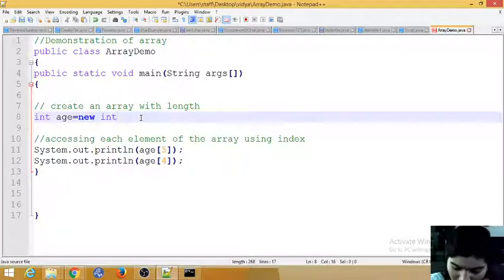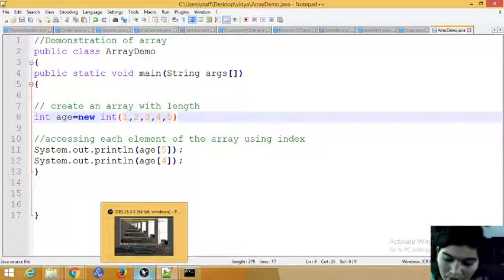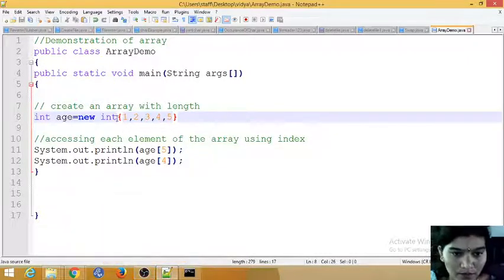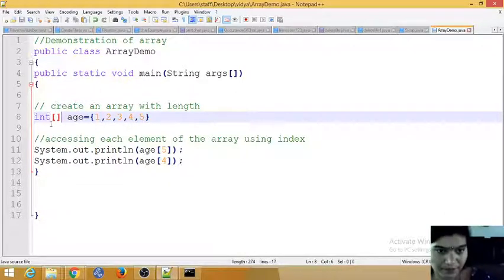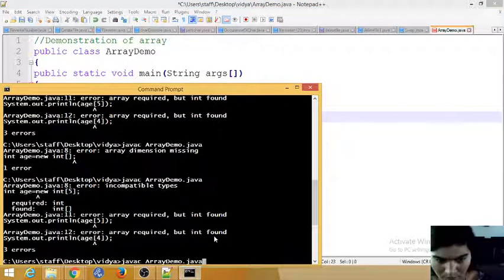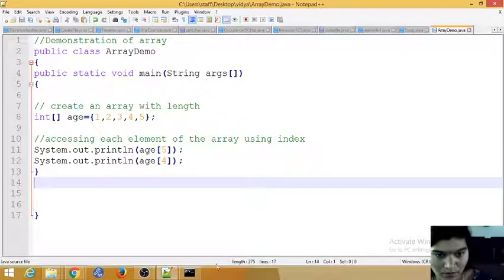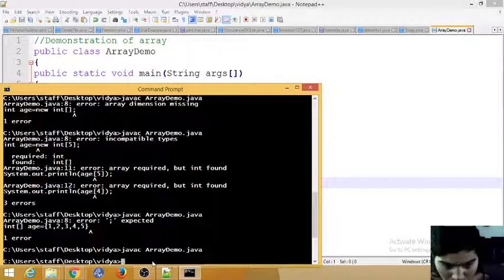So better we'll assign the values here: 1, 2, 3, 4, 5. Now we'll see what will happen if I directly assign the values.